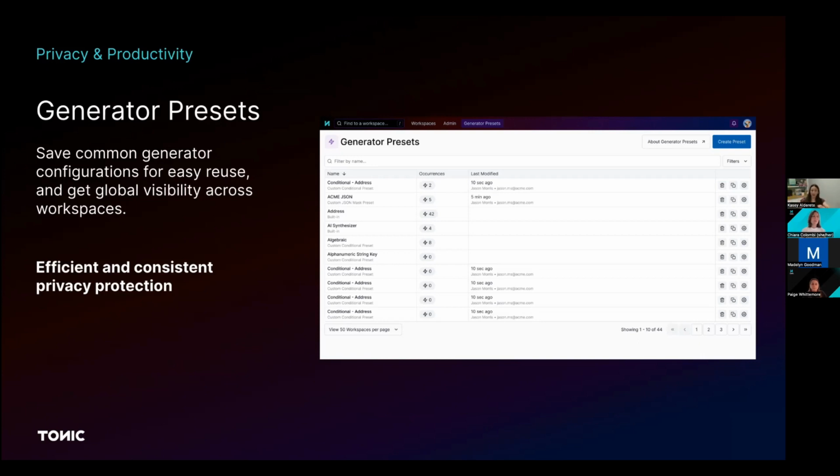I can save it, and then I can even name it and have different versions depending on different columns that are available in my business. So really creating presets for your business rules that are specific to the entities that you need to protect. The other thing that I really like about it, sort of the sleeper hit, is that not only is it making me more efficient when I'm applying all of these generators,